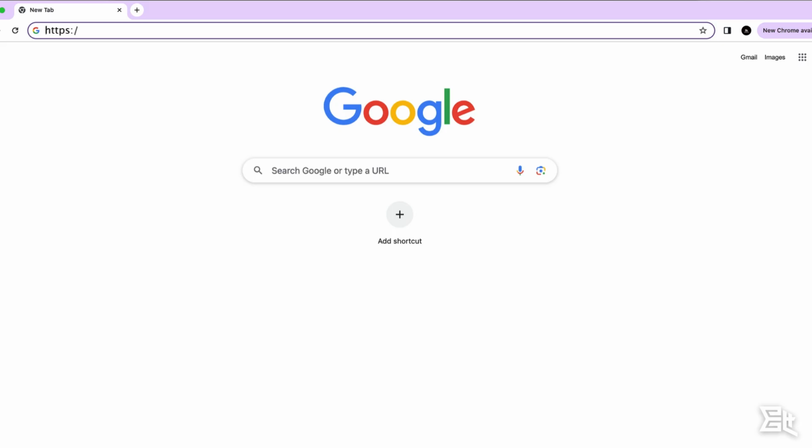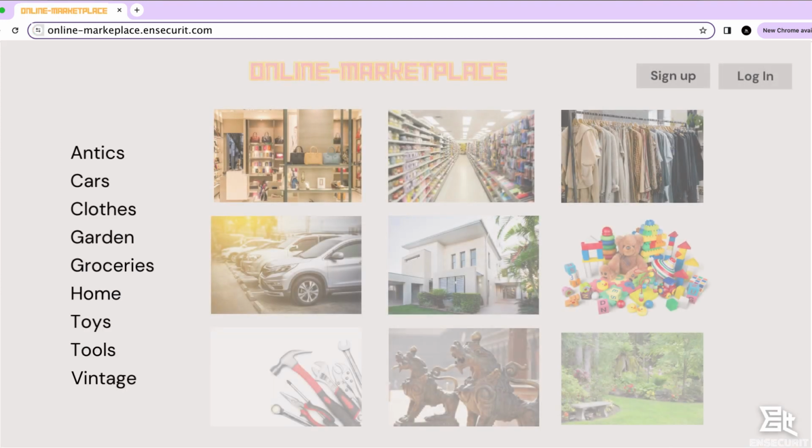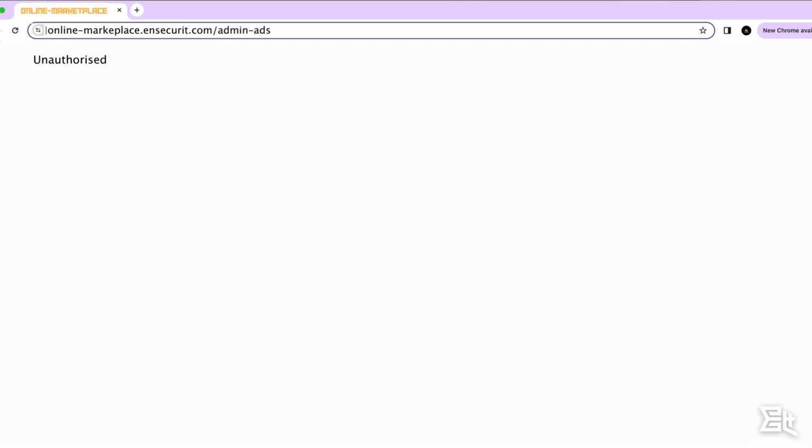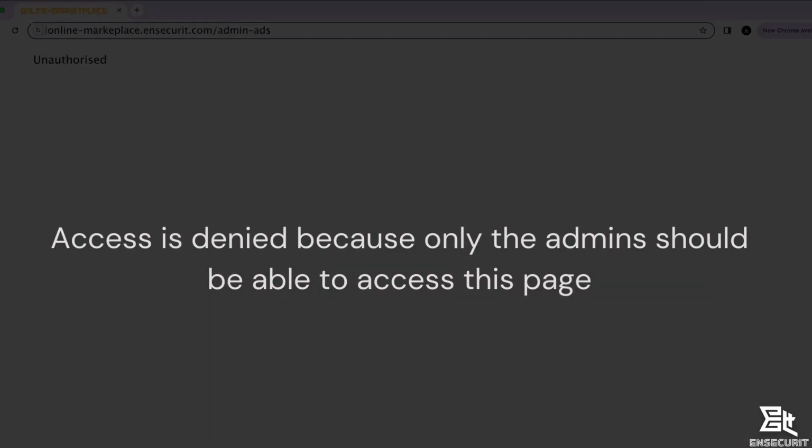We will go directly to the point with a demo of this vulnerability. So now let's visit an online marketplace at https://online-marketplace.insecurity.com. This web application allows retailers to sell their products online. Now let's visit the Ads Manager page. And yes, obviously, access is denied, as this functionality should be accessed only by the admins to manage the ads